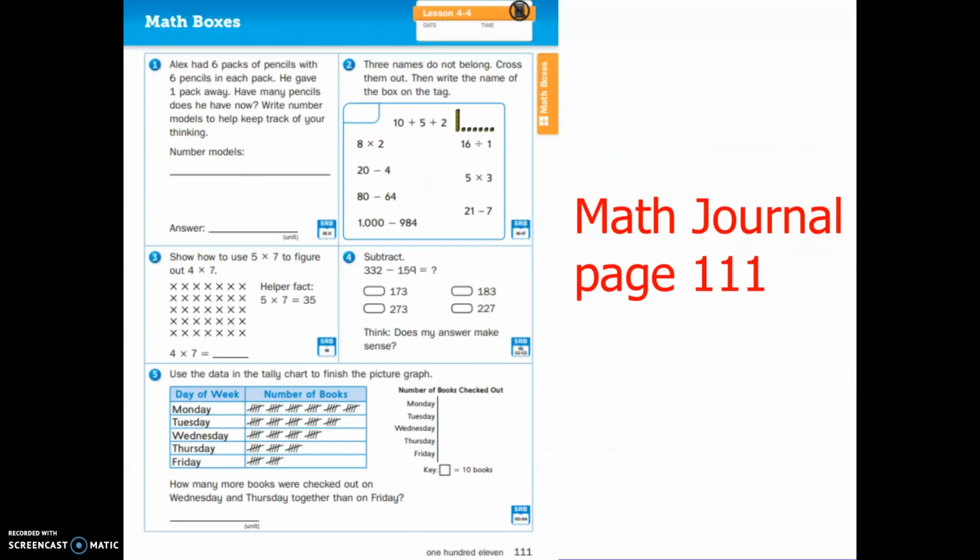So Math Journal page 111 will be your work for today. Have a great